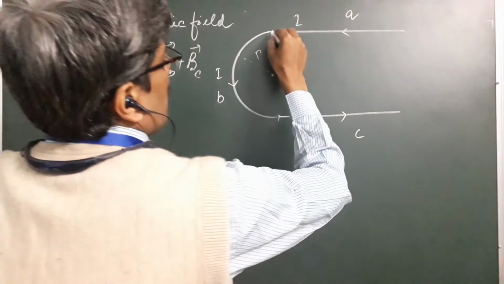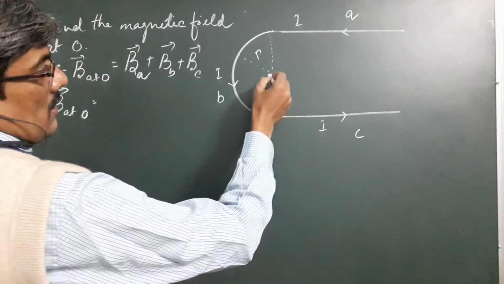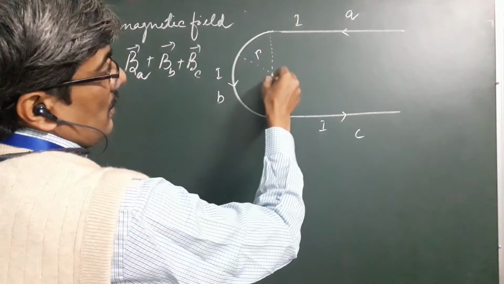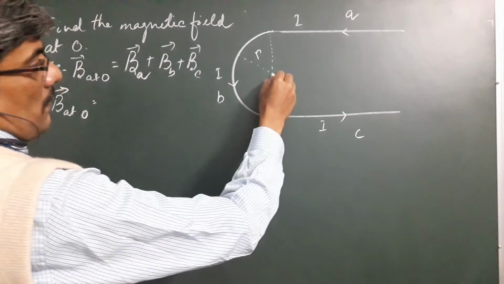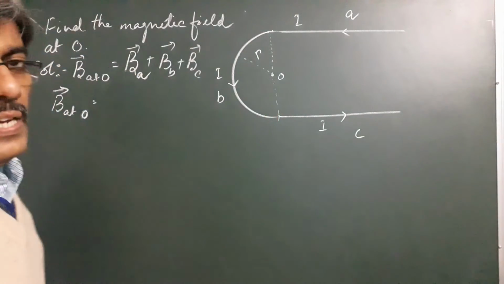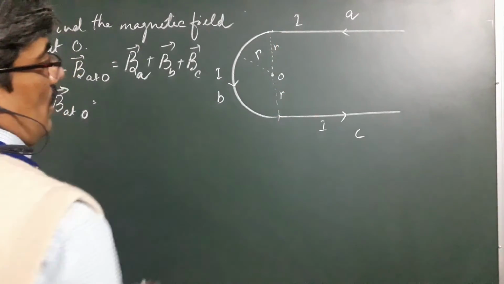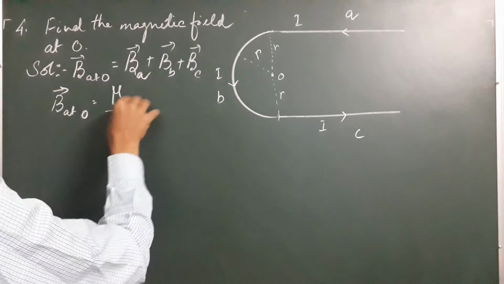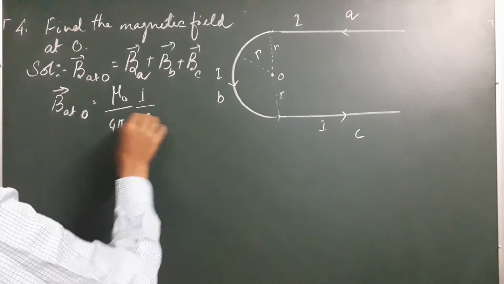For the straight part, observe one thing. This could be taken as very long, and this point could be lying perpendicular to this wire but close to one of the ends. This is the end condition. Similarly for this one also, it's lying straight near one of its ends. So if the distance is r, which this happens to be r and this also happens to be r, we can write the formula to be mu naught by 4 pi, as you remember, I by r.